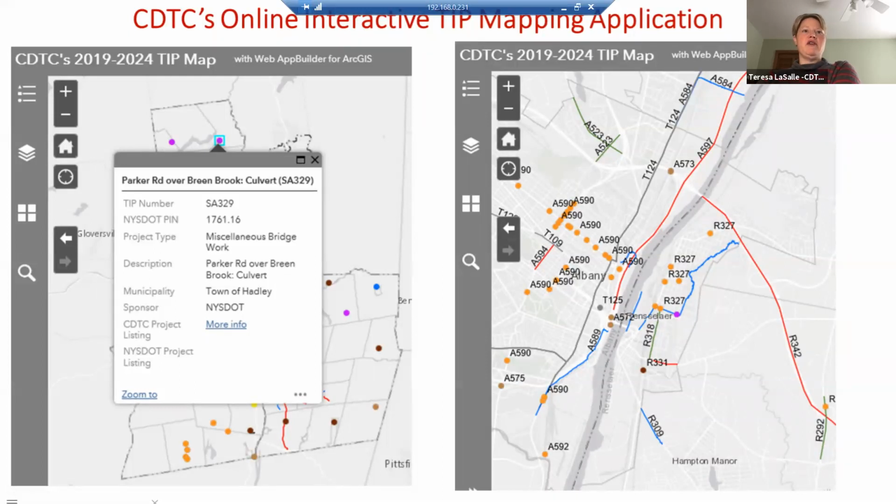That will take you to their construction projects in your neighborhood application, which I'll touch on later in the presentation. Unfortunately, you can't search for a project by CDTC project or NYSDOT PIN number. However, labels do appear once you are zoomed in. The screenshot on the right shows that once you zoom into a certain level, the CDTC project number will appear. Next slide.